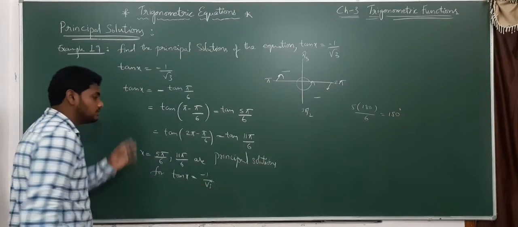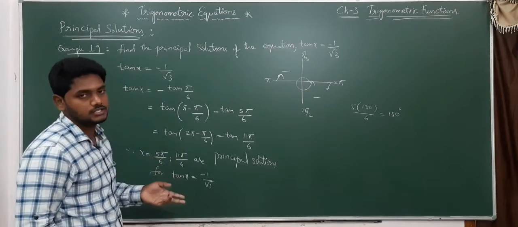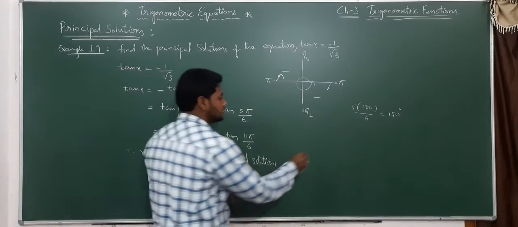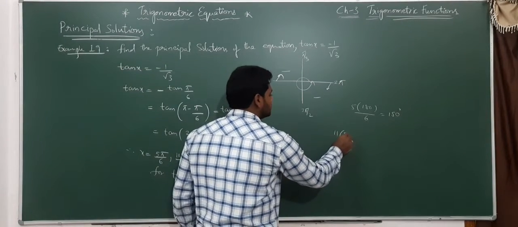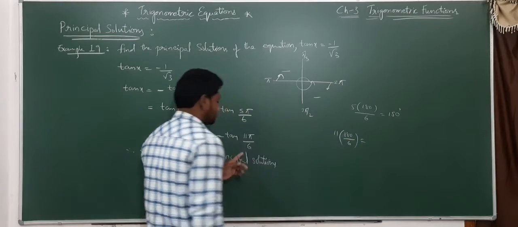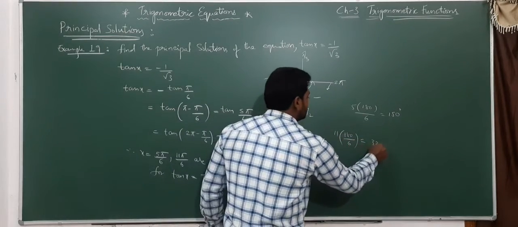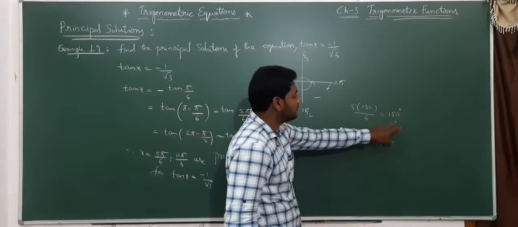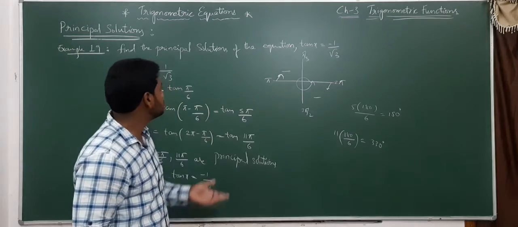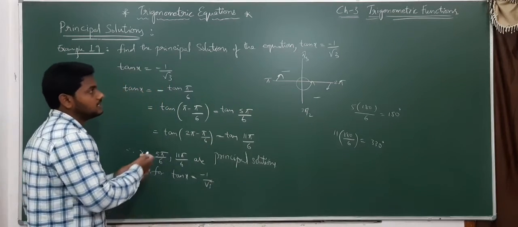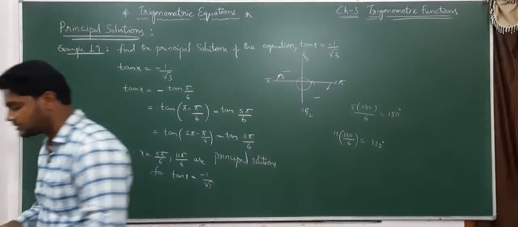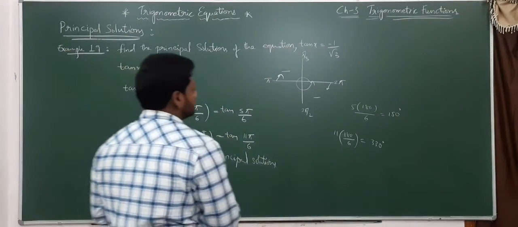Did you understand how to find those two solutions? And that in between 0 to 360 only. Why? Because 11 pi by 6, what is its value? 11 into 180 by 6, nothing but 330 degrees. See here, 150 and 330 both are in between 0 to 2 pi only. So this is about principal solutions. So like this we need to do. For example, I will give another question. By this we will end today's session.